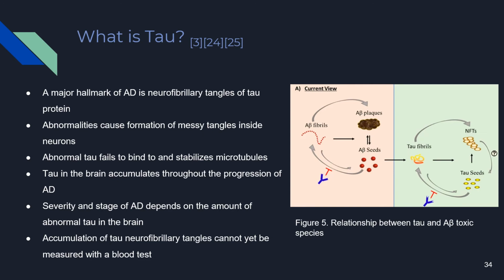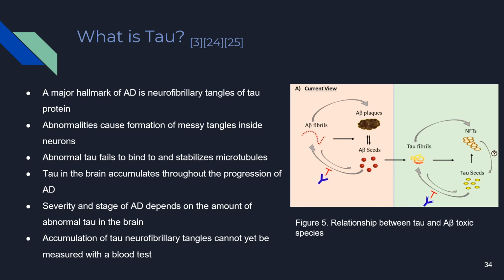Abnormalities and chemical changes make the connected proteins come apart and stick to other molecules, which give rise to the messy tangles in neurons. These tangles then interrupt synaptic communication between neurons. Abnormal Tau also does not bind to and stabilize microtubules, which play an important role in transporting important substances between neurons and other cells. Tau in the brain accumulates throughout the progression of AD with its origins at the entorhinal